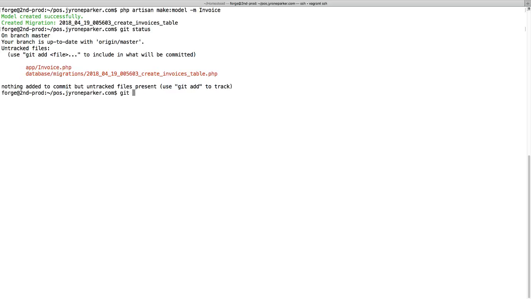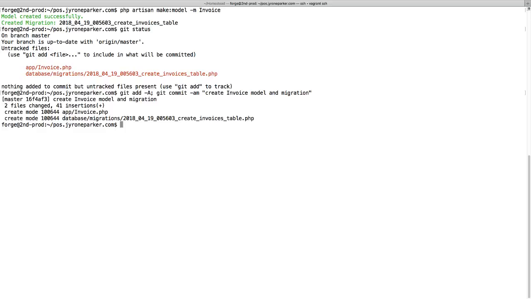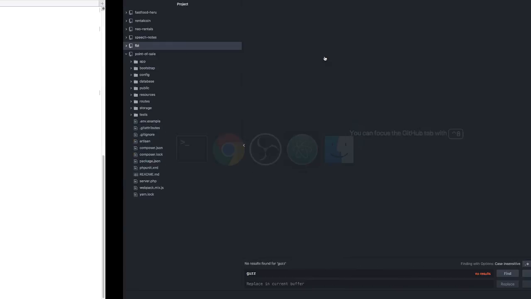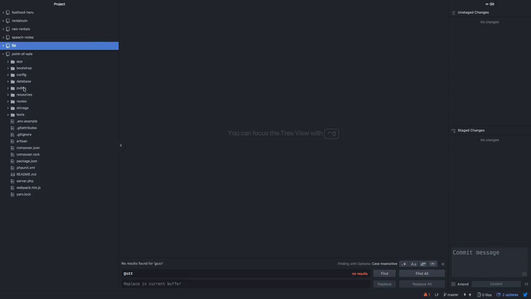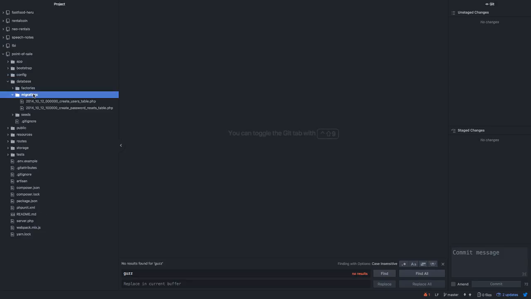I'm going to do a git add here. Create Invoice model and migration. Let's head over to Atom. Let's head over to the database, head over to migrations, head over to